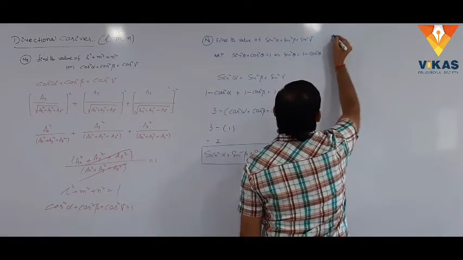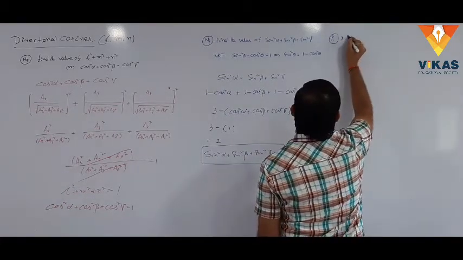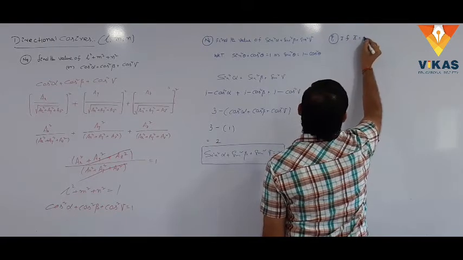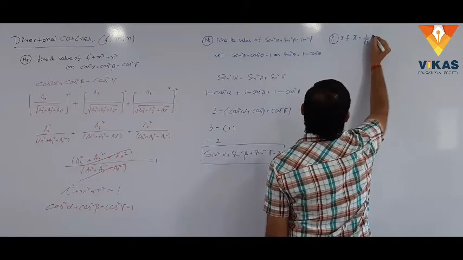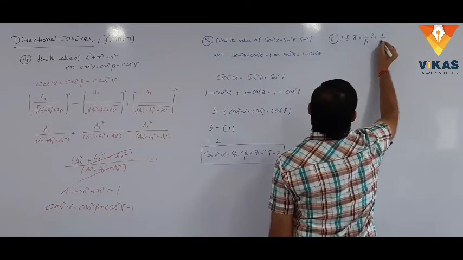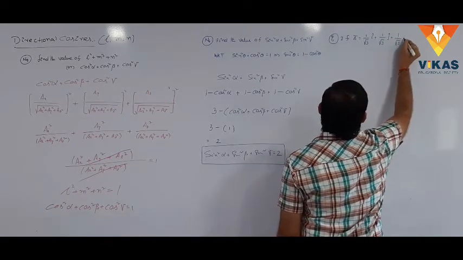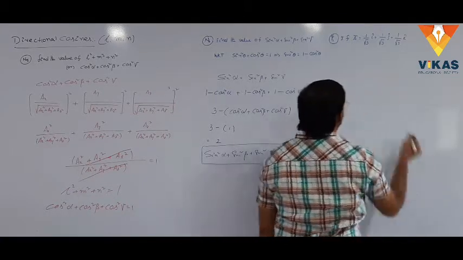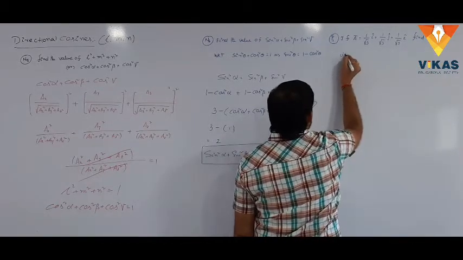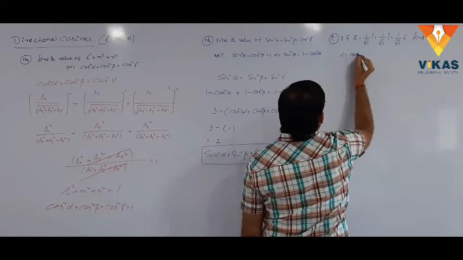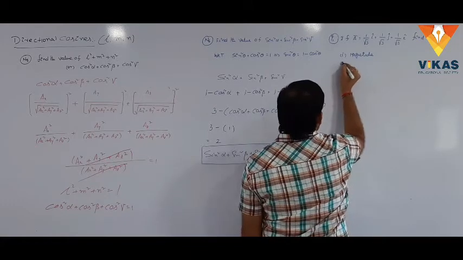Problem 1. How to calculate that one? If a bar equal to 1 by root 3 into i cap plus 1 by root 3 into j cap plus 1 by root 3 into k cap. Find, first question, magnitude of the vector. Second one,